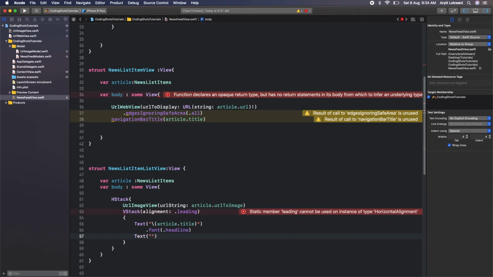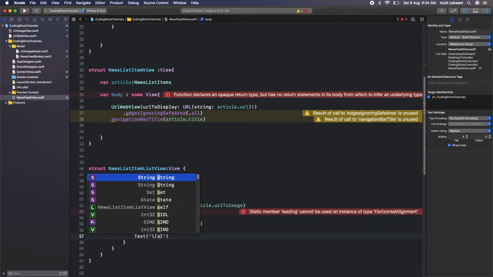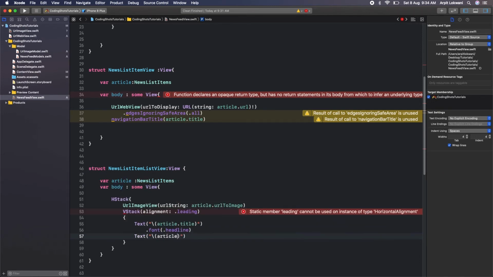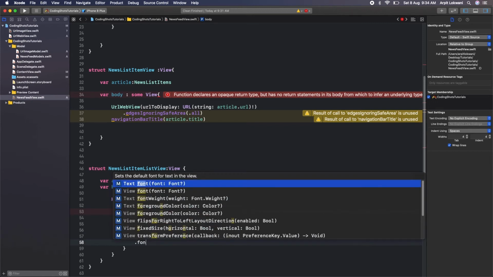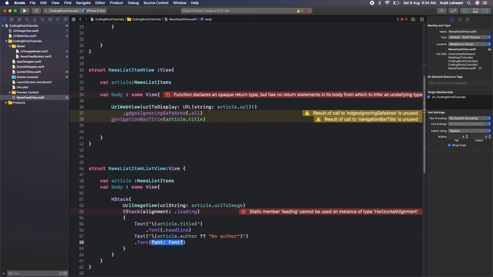Okay, and we can say article dot author. Looks fine. If it is not, we can say there is no author. Looks fine, right? And similarly we can set the modifier saying it should be a type of subheadline.